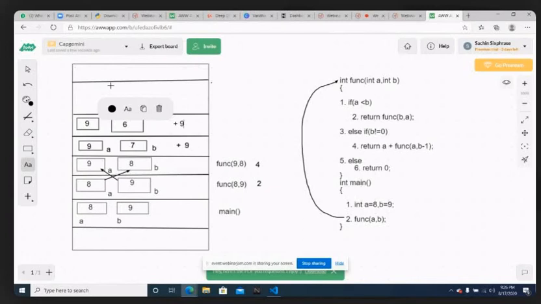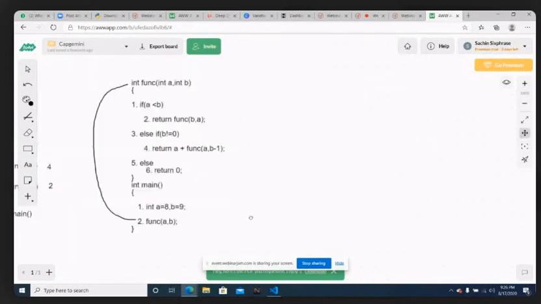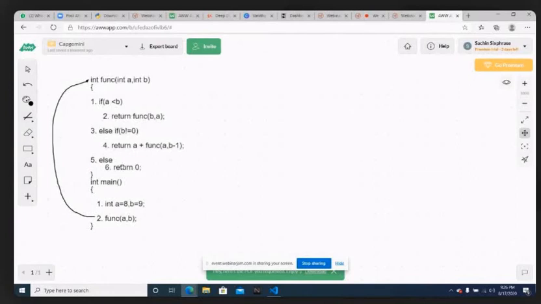But if it is a very complex concept, you can do it another way also. You can predict the output in a different manner also. I will explain that now. I hope you understood how the stack is performed. But I will give you one more method which can also be used to predict the output of recursion. So initially, what is the call that you made? The first call made is func of 8, 9.